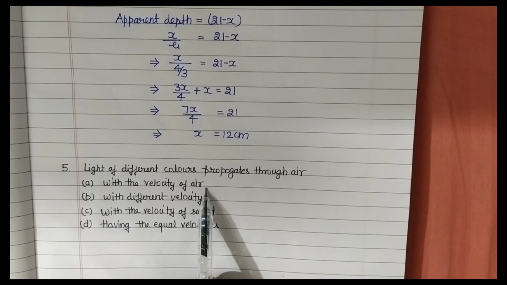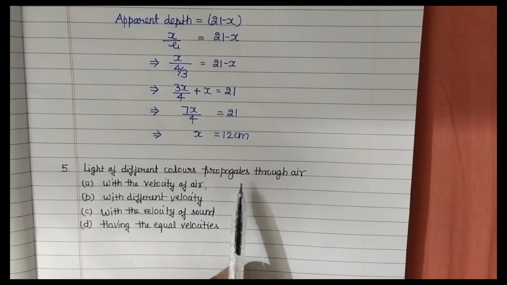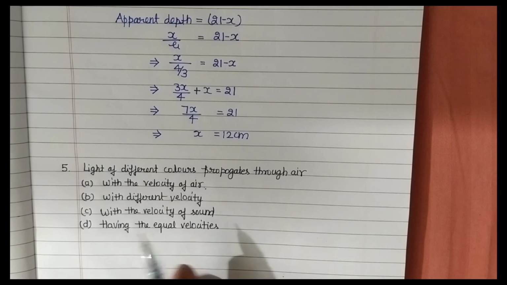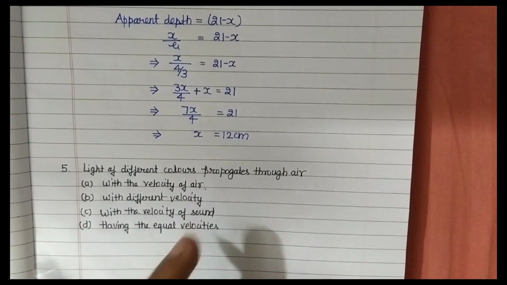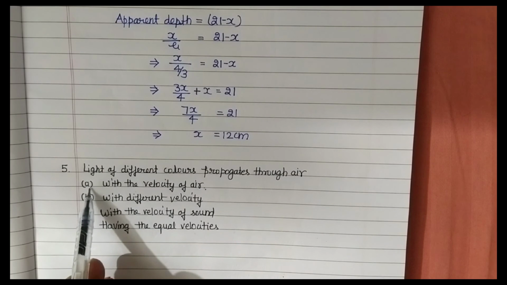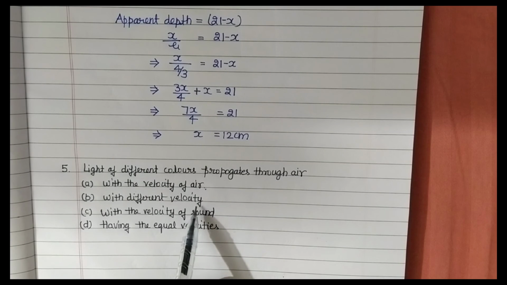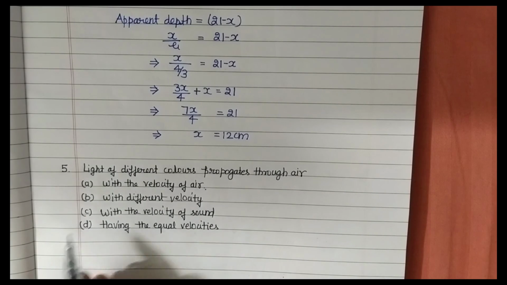विद द वेलोसिटी ऑफ एयर। लुक स्टूडेंट, कंफ्यूज मत होइएगा, विद द वेलोसिटी ऑफ एयर, एयर की वेलोसिटी से मूव करेगा नहीं, एयर की वेलोसिटी तो अलग अलग हो सकती है ना। वेलोसिटी ऑफ लाइट इन एयर कुछ और बात है, लेकिन वेलोसिटी ऑफ एयर कुछ और है। वेलोसिटी ऑफ एयर मतलब एयर की वेलोसिटी, और वेलोसिटी ऑफ लाइट इन एयर मीडियम वो कुछ और अलग बात है। तो ये आप टिक मत करिएगा कि वेलोसिटी ऑफ एयर, एयर की वेलोसिटी से तो मूव नहीं करेगा, डिफरेंट वेलोसिटी से मूव करेगा नहीं। विद द वेलोसिटी ऑफ साउंड, साउंड की भी वेलोसिटी से मूव नहीं करेगा। हैविंग इक्वल वेलोसिटी, यस ट्रू।